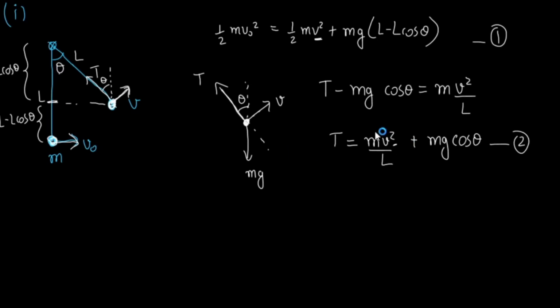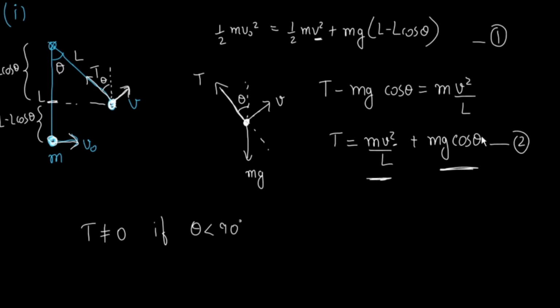Now if you see properly, the tension is the addition of this term and this term, right? So if I make a statement, you can judge whether I'm right or wrong. The statement is that tension will never be zero if my theta is less than 90 degrees. You can check that. My tension will always be the addition of this term and this term. When will tension be zero? When speed is zero and this term is also zero. I know that from 0 to 90 my cos theta cannot be negative. So this term is positive, this term is also positive.